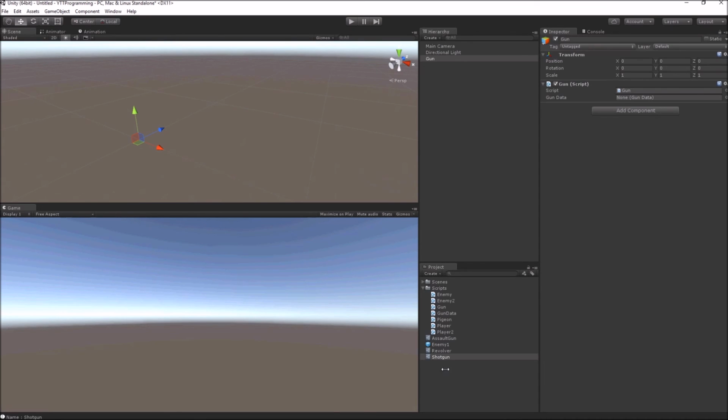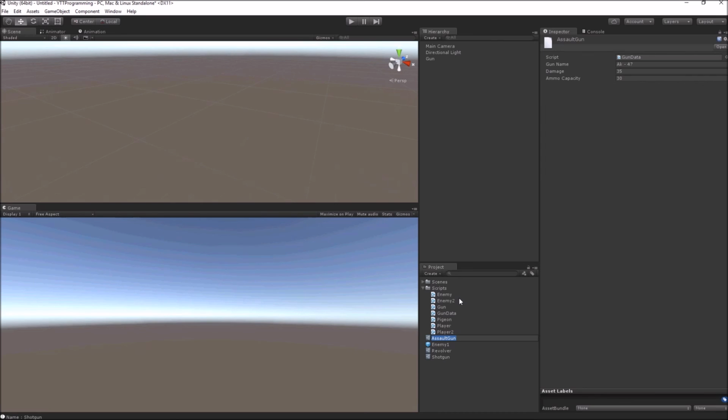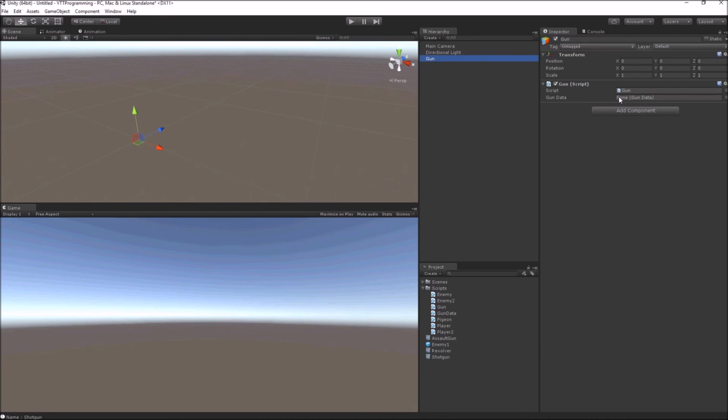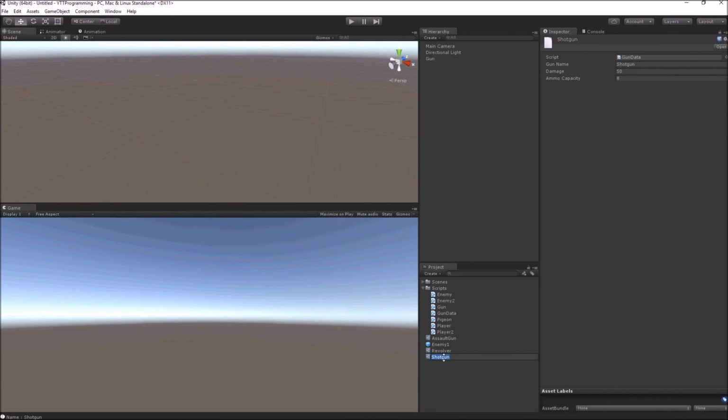So any designer can just go to his assault gun scriptable object, change the parameters which correspond to the assault gun. So the designer can come here, go to the revolver and change the appropriate parameters. He never has to touch the gun class. Only the programmer is responsible for the source code,